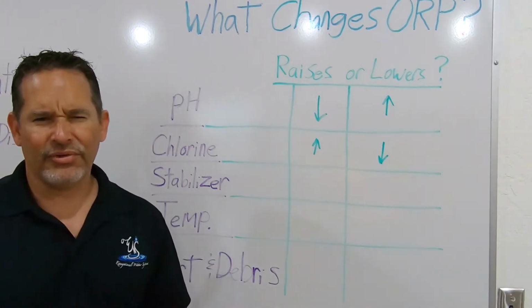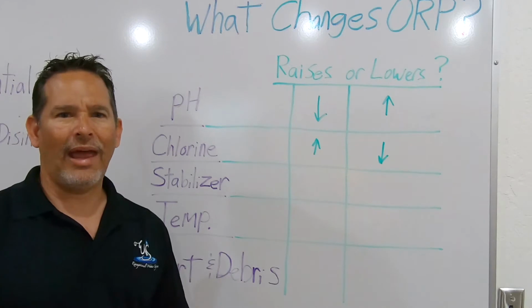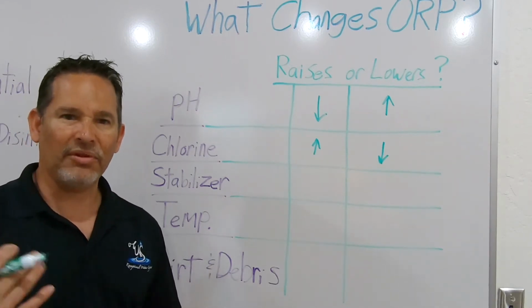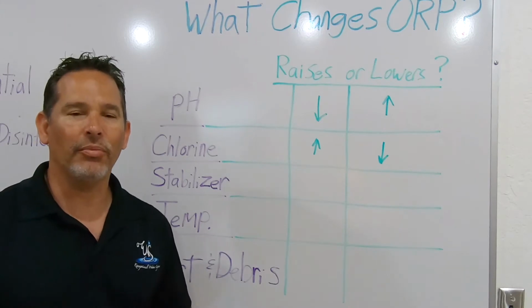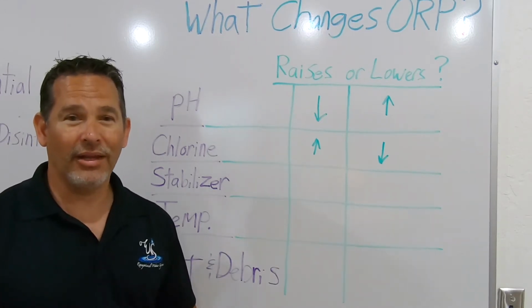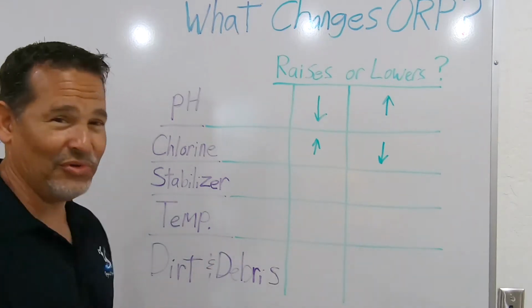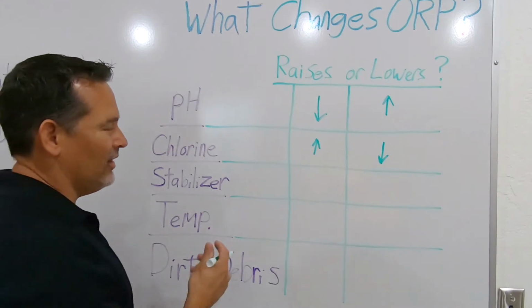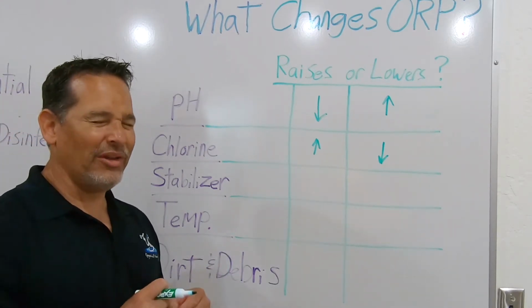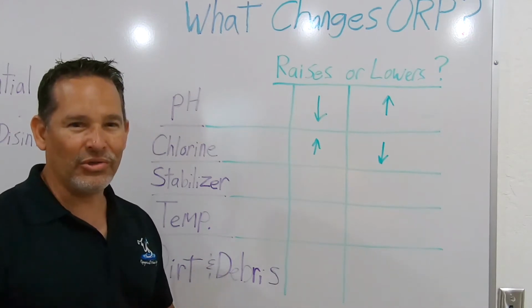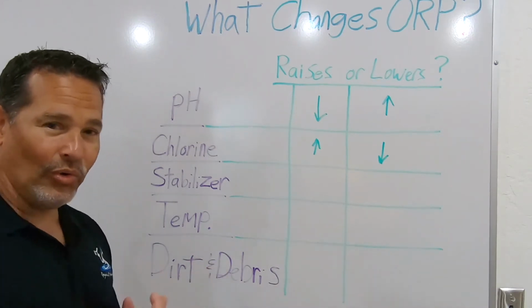Stabilizer. Stabilizer is also known as cyanuric acid. It's the product a lot of people like to use to help keep the sun from burning your chlorine off in your pool. I wouldn't use it. I don't like it, but nonetheless, people use it all the time. So if we use stabilizer in the water, stabilizer inhibits chlorine from doing its job. So it doesn't allow it to do a very good job, which then it's going to hold that chlorine in